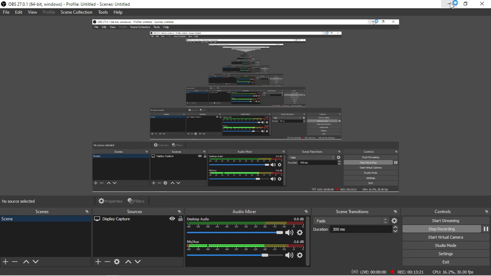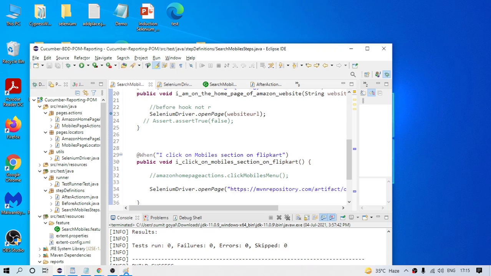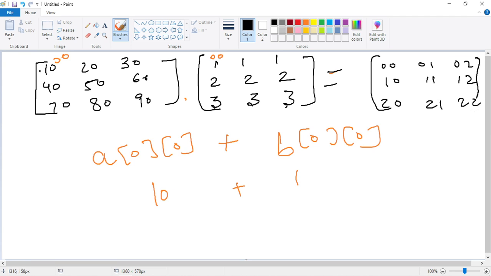If I open this, there is one more array which we have created, which is our final array. So here it is 0,0, 0,1, 0,2, 1,0, 1,1, 1,2, 2,0, 2,1, 2,2, right? So this is our final array.